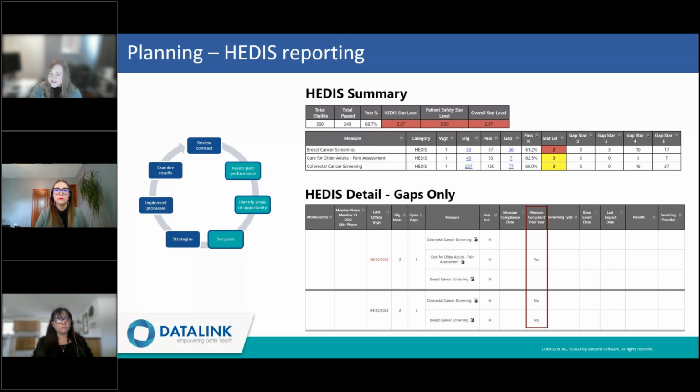We also discuss how ordering preventive screenings and assessing for pain are components of the annual wellness visit. So we identify this as an opportunity that overlaps with the AWV goal that we talked about on the last slide. And we utilize the HEDIS detail report to identify patients who were not compliant for these measures last year. And then we plan a push to schedule their AWVs as early in the year as possible. So as you can see, the combination of just a couple of reports aided us in all 3 of those steps in our process. Now I'm going to go ahead and hand things back to Yossi to talk about building a work plan. Thank you, Sarah.